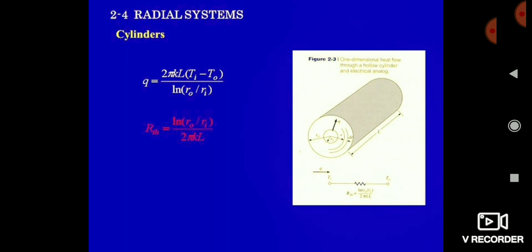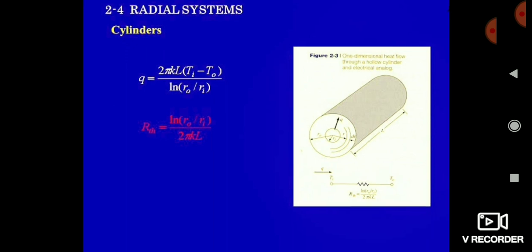You should remember that one, and I suggest you will be able to solve all the problems asked in previous years. So remember this formula, friends. The amount of heat transfer Q is equal to 2 pi k L into (Ti minus T naught) divided by ln R naught by Ri.